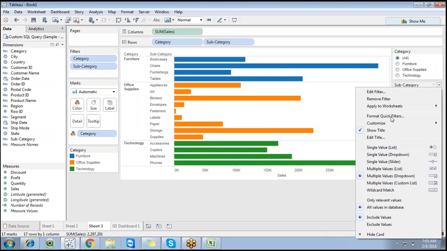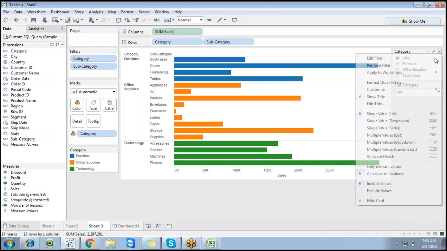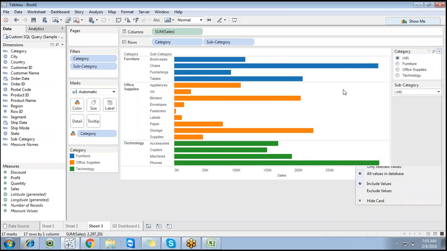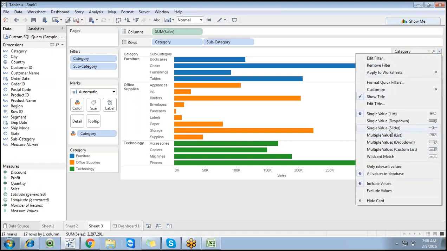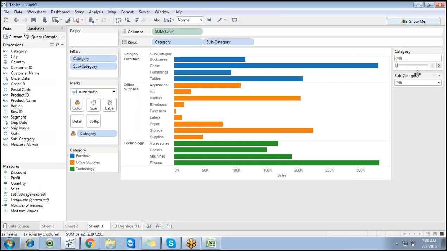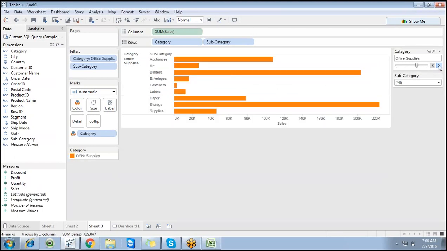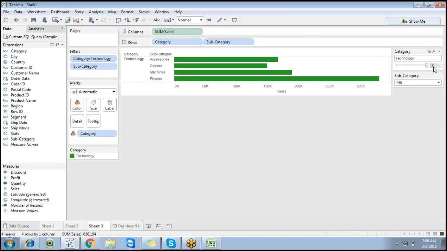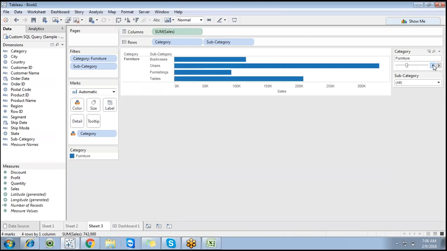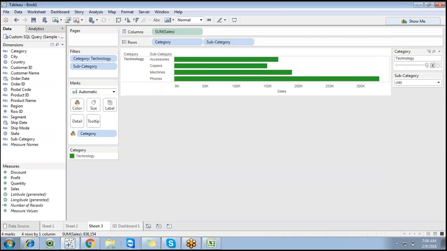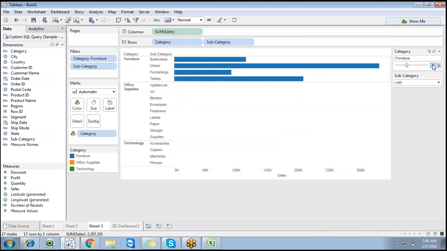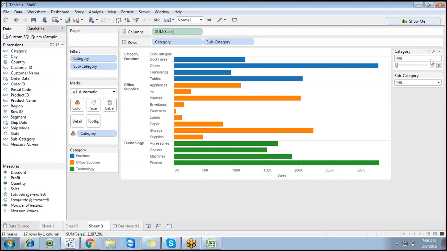This is a single value list, the first filter category, right? So this is single value list, and we have a single value drop down, and we also have formatting things like a filter condition like a slider. This is almost like what we use for measures, but you can also go with a slider option, right? You can work on filter conditions as well. So this is a simple quick filter.